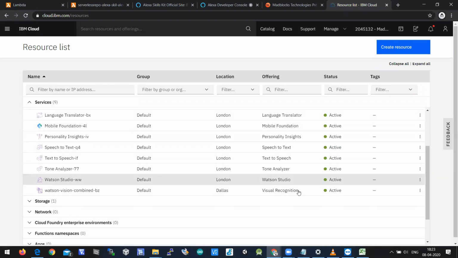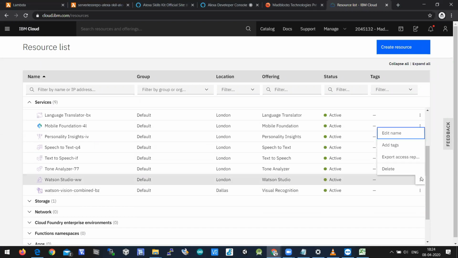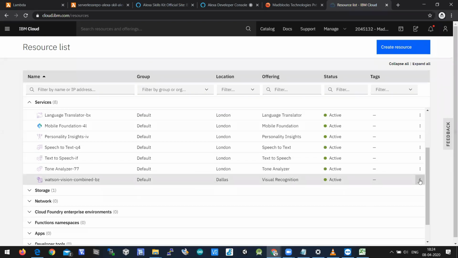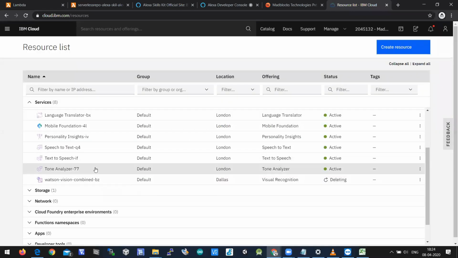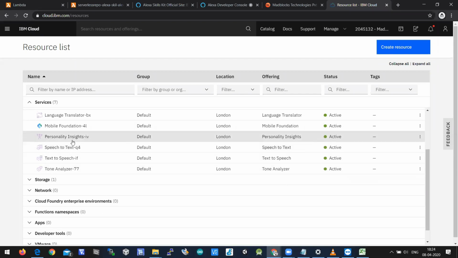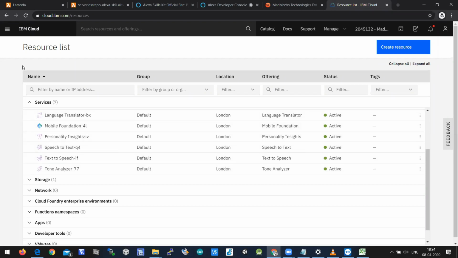When you create an account, one of my Watson Studio instances is activated, so I'm just deleting it. You cannot find all the services in the resource list in your account, but as I'm working for the last 3-4 years on IBM Cloud, I'll find a lot of services which are subscribed. There'll be text to speech, speech to text, and personality insights. The emotion of the user based on the chat can be easily identified. Language translator, you can translate language, something like Google Translate and all.